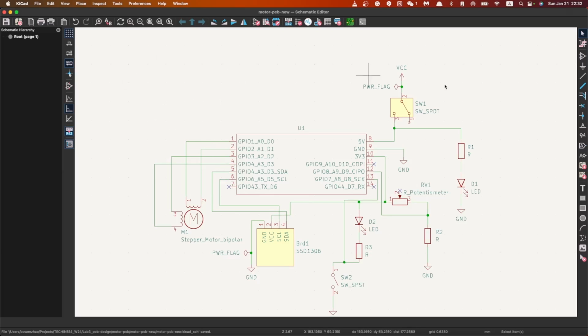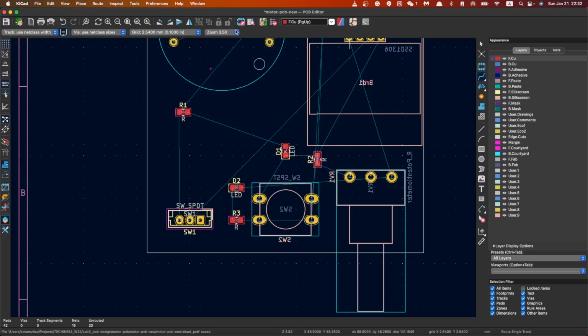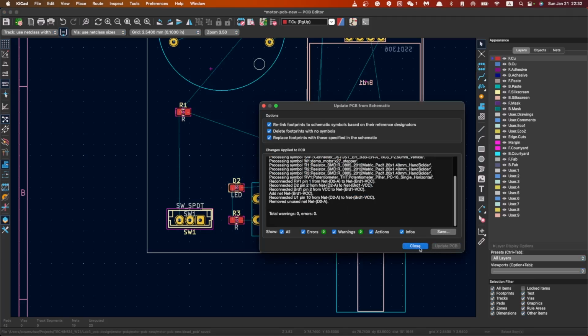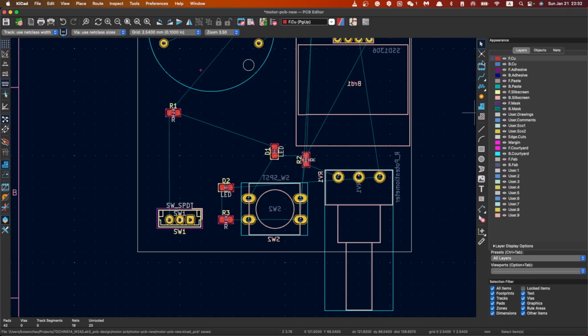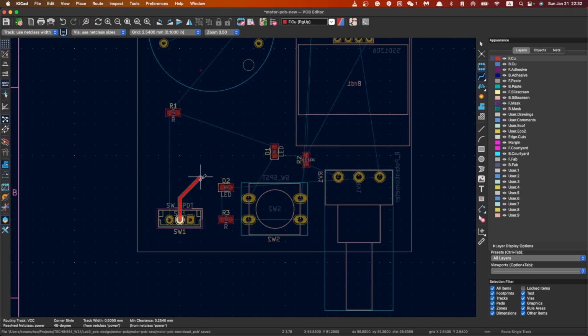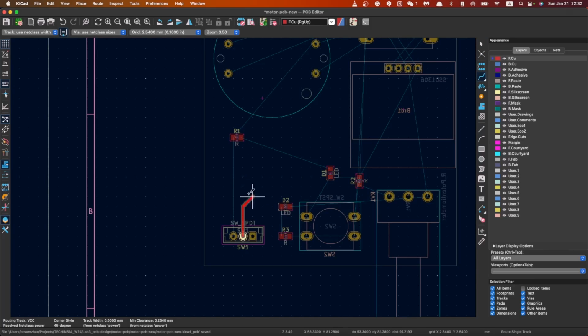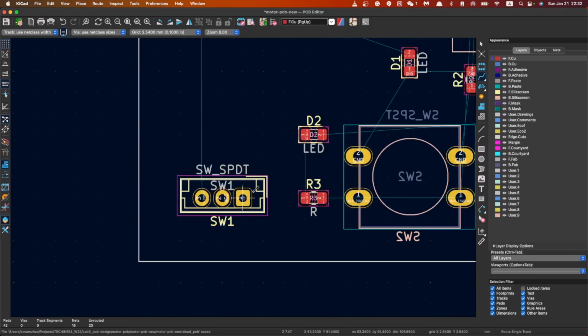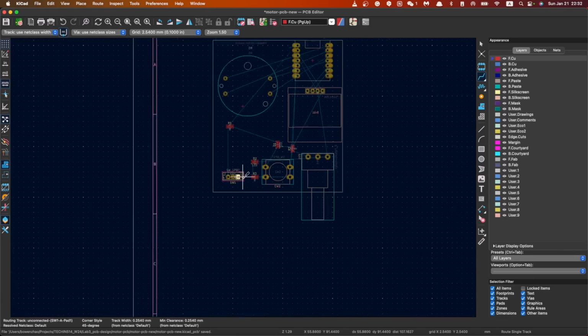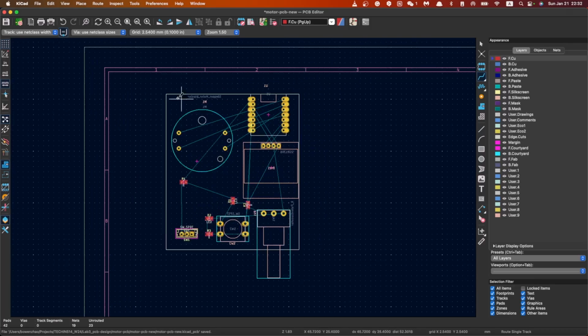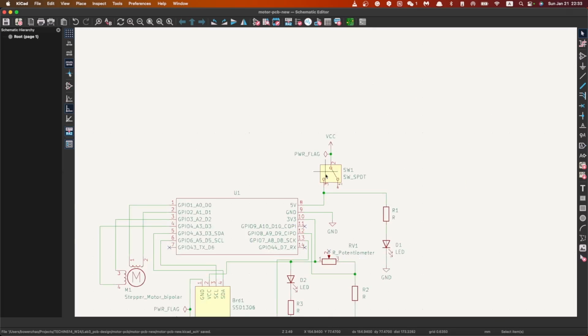So let's go back to here and update PCB, and we shall see that if we want to connect this thing, oh, it goes to nowhere. Why? It goes to nowhere. This is also not correct. Okay. So the thing is,